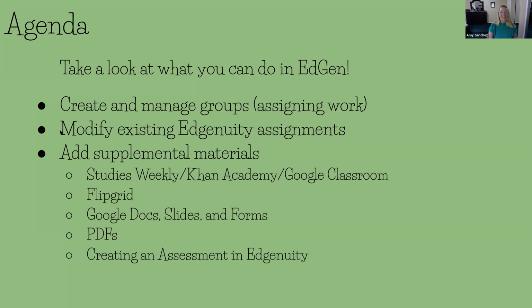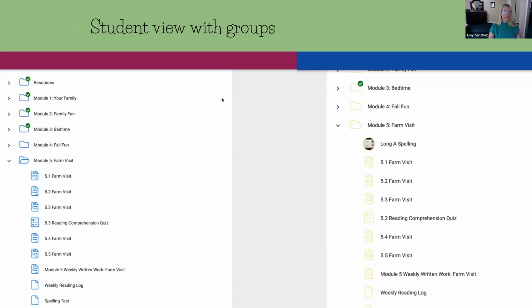So, all right, we're going to take a look at what we can do in Edgenuity. We're going to learn how to create and manage groups and assign work to those groups, which is going to be super handy if you have kids on an IEP or kids that are reading either far below or far above your grade level standards. We're going to look at how we can modify existing Edgenuity assignments. And then my favorite part is how we can put lots and lots of different things into Edgenuity if we choose to use it. So I'm just going to give you a quick tour, if I can get out,